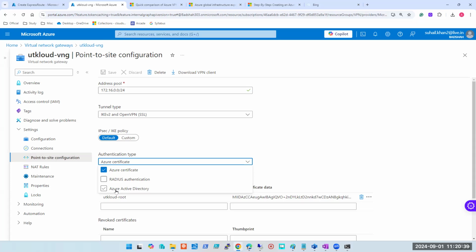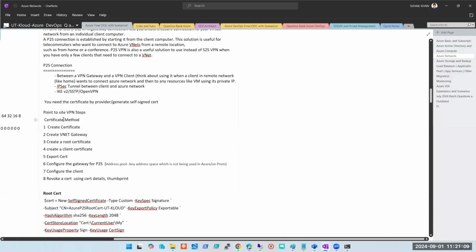And Azure certificate, it's very interesting. Very rarely does anyone know this. So we'll do that, and you can practice on that, and you can say this in your interview. It will make you stand apart from others, right? So we are going to use Azure certificate. But what are the options? We have RADIUS authentication, we have Azure Active Directory, and we have certificate. You can do it any of these ways, the method of all three is different, but ultimately the point is the same, point to site connectivity, right? So we are going ahead using the certificate method.